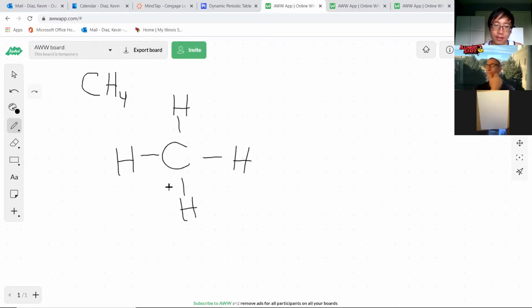But if you think about it, each bond is shared electrons, 2 shared electrons. And this is for the sake of calculating formal charge a little bit easier: 1 here, 1 there, 1 here, 1 here, and then 1 here, 1 here. If I draw kind of a circle around the carbon,